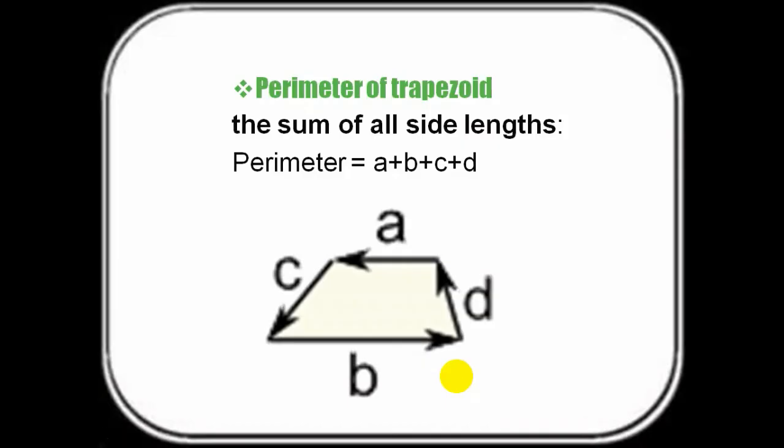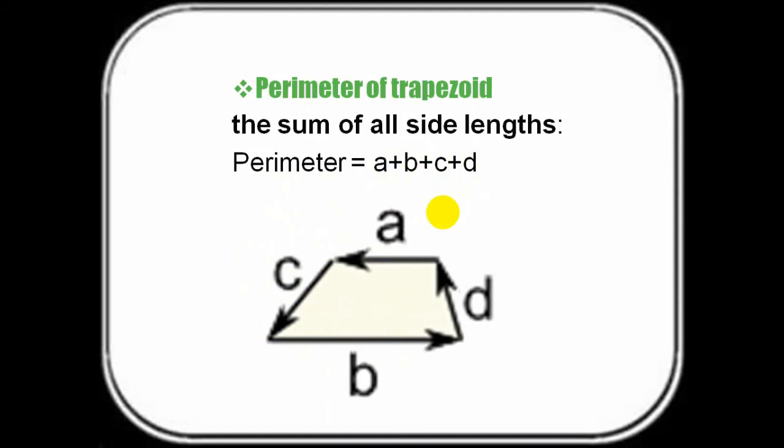Now to find the perimeter of the trapezoid. You see over here, this is a trapezoid. These two sides are parallel. Side A and side B are parallel and side C and side D are not parallel. These two sides will intersect each other at some point. But these two sides A and B never intersect each other because they are parallel. So the perimeter of the trapezoid will be equal to the sum of all sides: A plus B plus C plus D. The perimeter of each geometrical figure is very easy and simple. Add the lengths of all the sides, and you will get the perimeter of that geometrical figure.